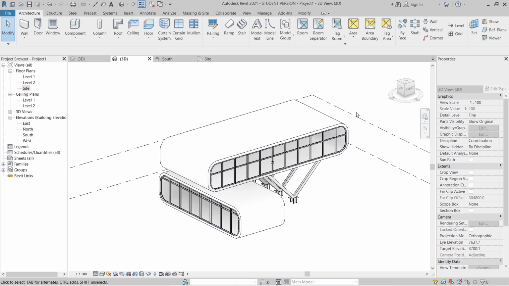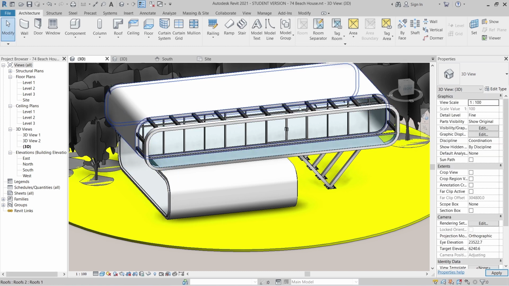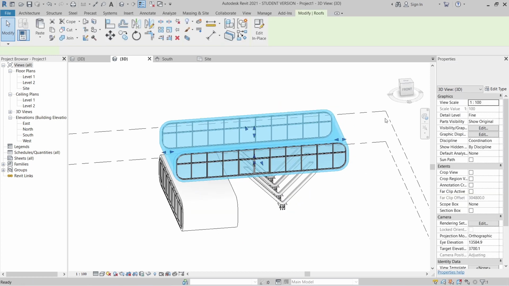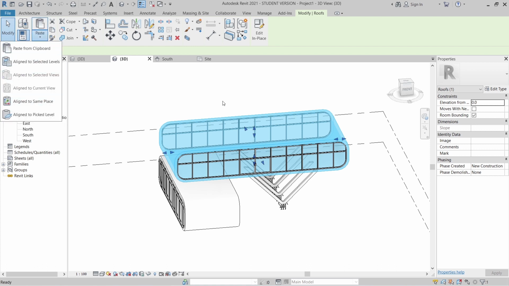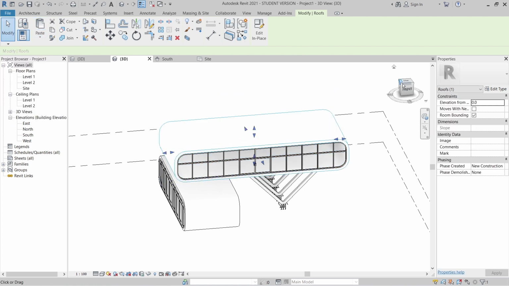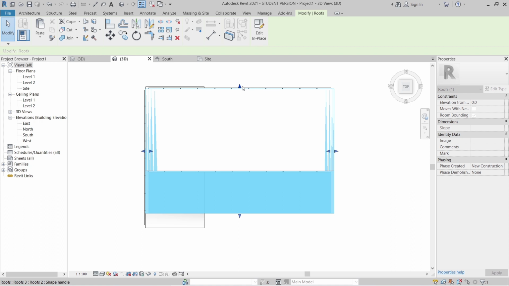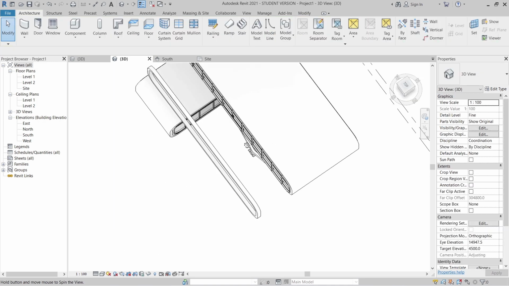I'm going to create my beam here. As you can see, I'm going to create my beam here. So how to create that and make it properly, I'm going to use my adaptive component to make it easier. Select my previous building side here, then copy to clipboard, place, align to the same level. Okay, so I start from the top here, then just move it until here and make it until here, then turn like this.